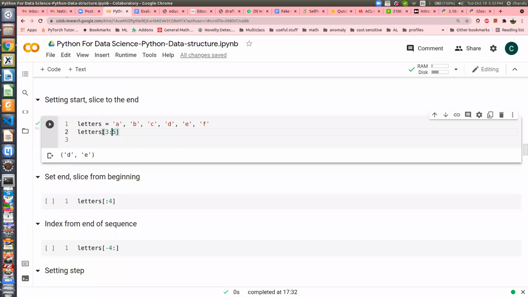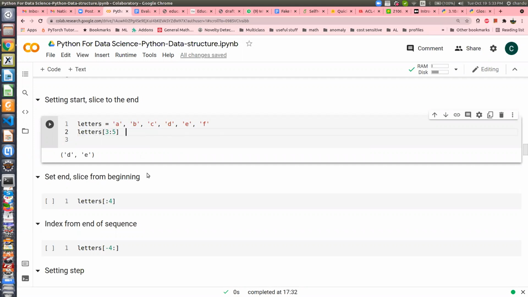You start slicing from 3 up to last index minus 1. So you return all elements from whatever the starting index is up to last index minus 1. That's the rule.